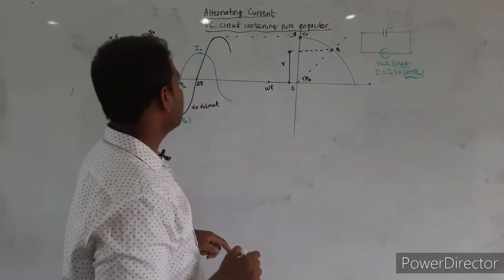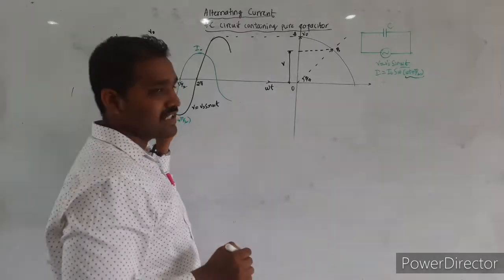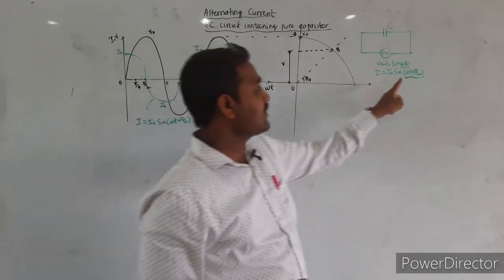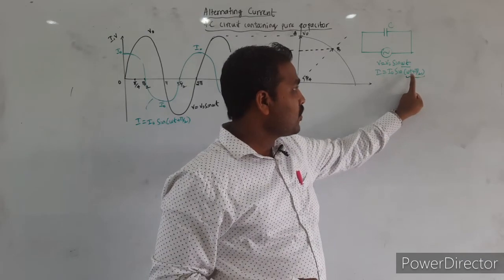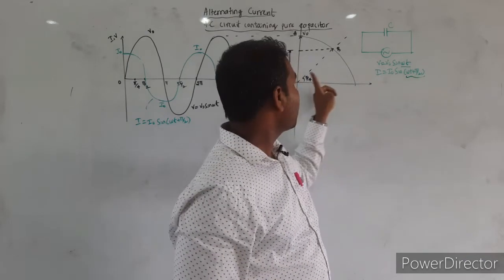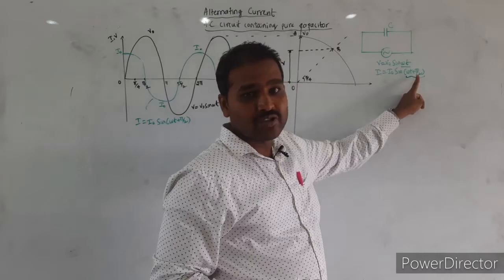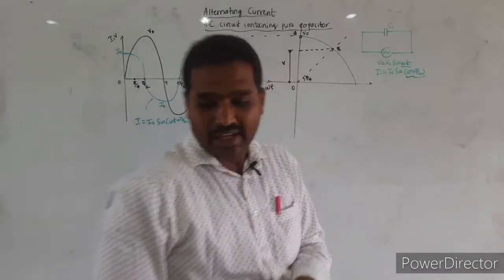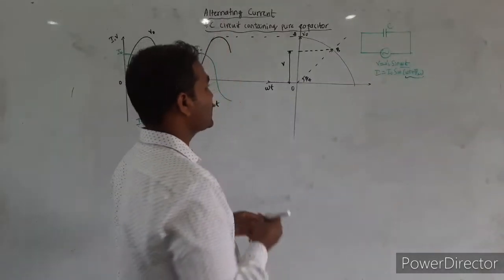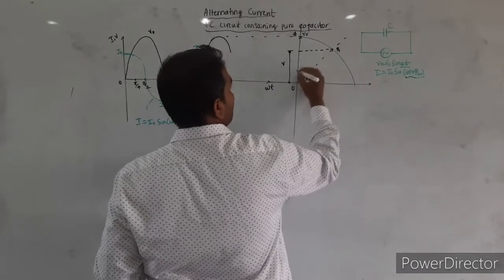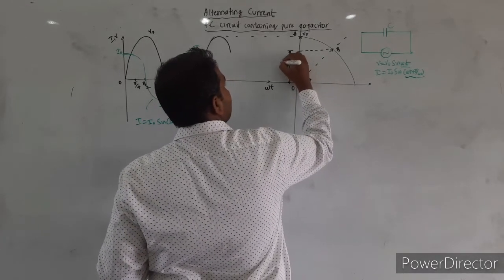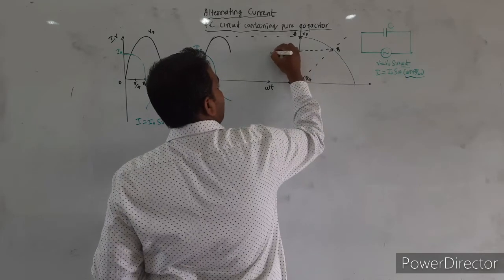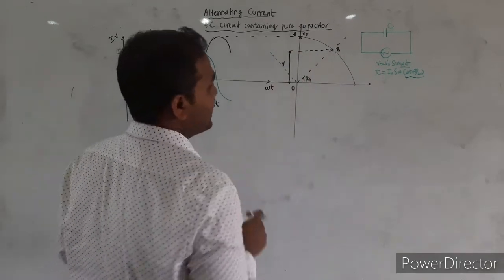Okay. Similarly, let us draw the current phasor. For the current phasor, look at this equation. I have to draw the line omega t plus pi by 2. Omega t is 45 degrees and pi by 2 is 90 degrees. I have to consider the line at a total angle of 135 degrees, or with respect to this voltage line, I will draw one line at an angle of 45 degrees. Okay, so this is the line for the current phasor.